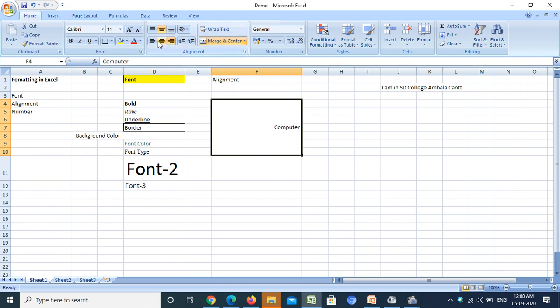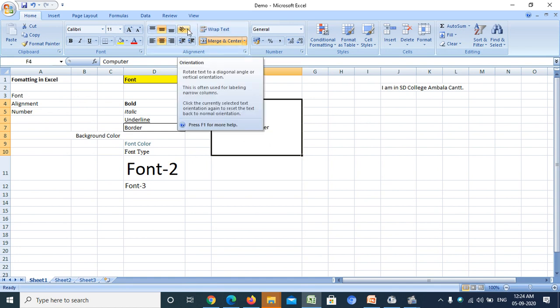If you observed properly, the top 3 are for vertical alignment and the bottom 3 are for horizontal alignment. Now if I want to change the direction of my text, then I can select it from here.